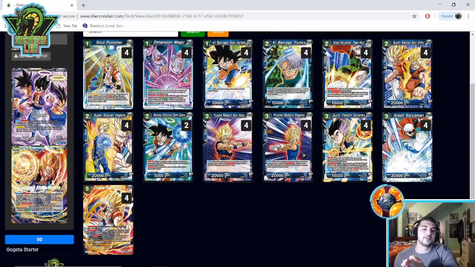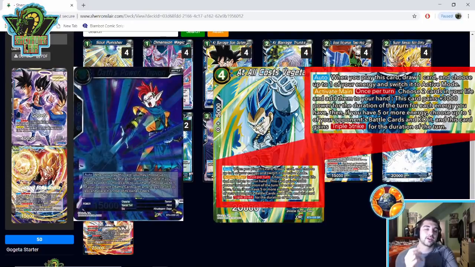Another honorable mention would be something to help yourself awaken. Now there's 2 different options you can go with here. You can go with Os Power Tapion, which allows you to play it for 3 energy, take 1 or 2 life, and then you can take one of your opponent's battle cards with energy cost 5 or less, place it back on top of their deck. So it's like a pseudo spot removal, but it also sets your opponent's draw back an entire turn,